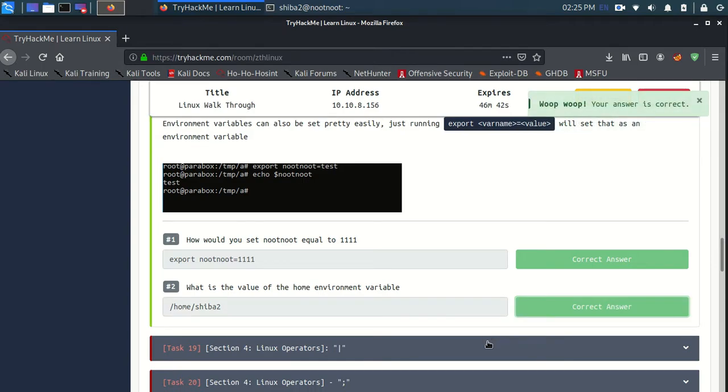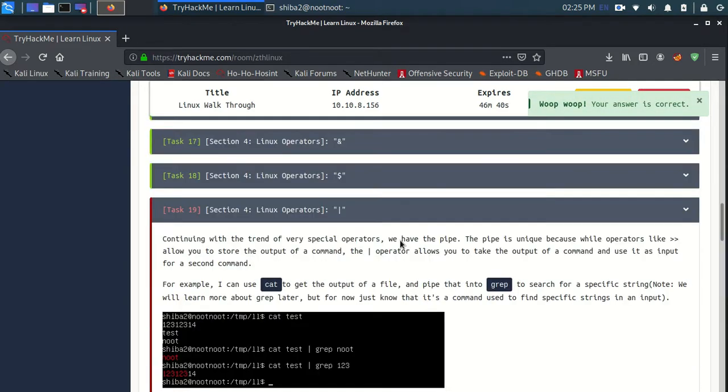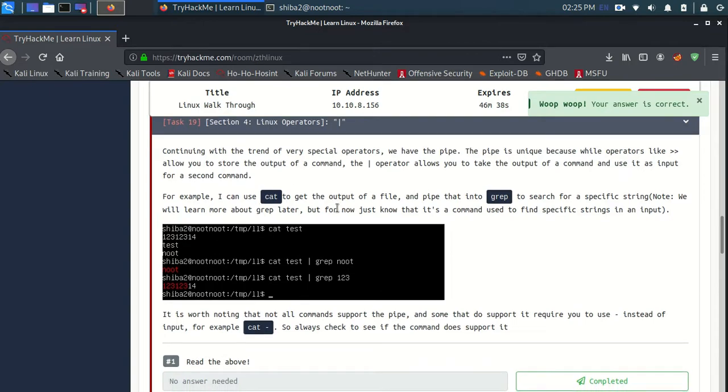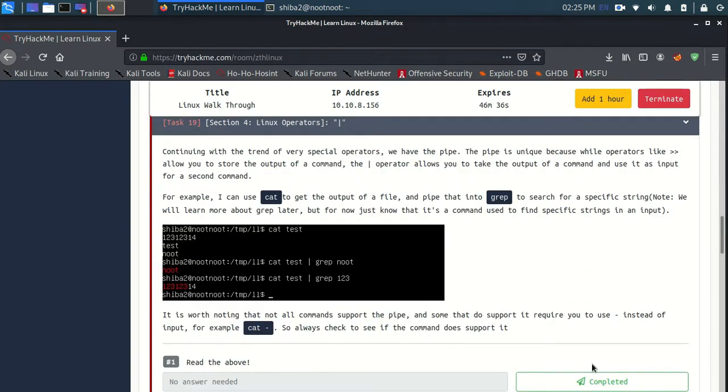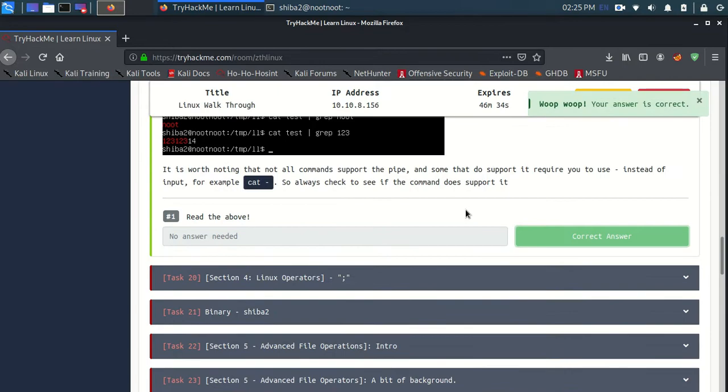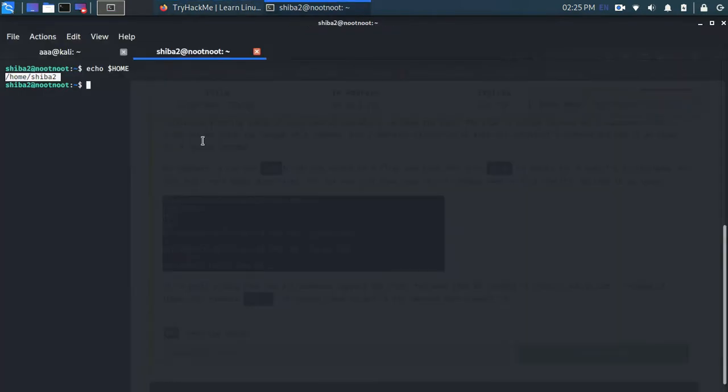Next is this OR one or the pipe. So pipe is used to get input from one thing which can be passed to the other thing. For example, if I make a file by touch, let's do ls and touch file, let me nano file.